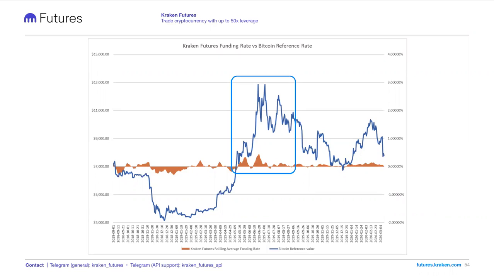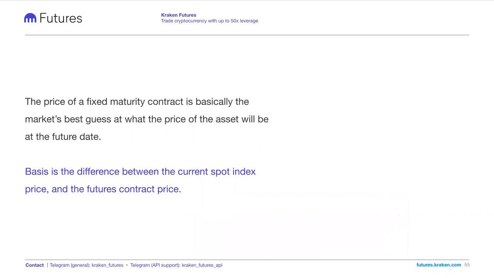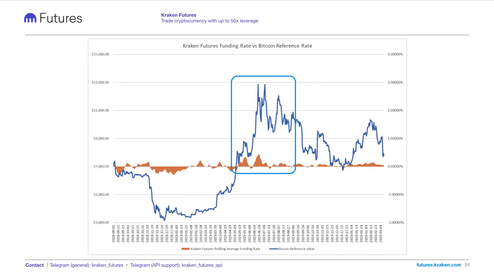Is there a ticker to gain access to the Kraken Futures funding rate? So we actually have all of our historical data, so funding rate, trades, even liquidation assignments, in a Dropbox folder, which maybe one of the guys can put into the chat. Gary, we can show it to you on the live website, but is there another place they can look at it? Yeah, so there is that CSV, which is updated periodically. And then there is an endpoint you can hit to get this data, which we can share in the chat as well. So we can keep talking about funding rate, and we can always come back to it if there are questions. But let's also talk a little bit about basis in the fixed maturity contracts.